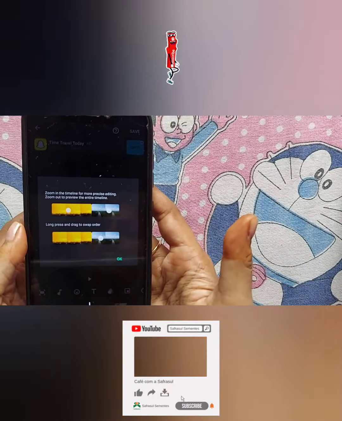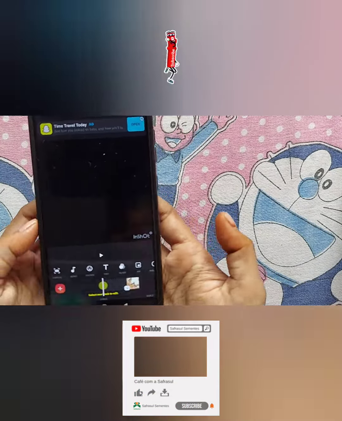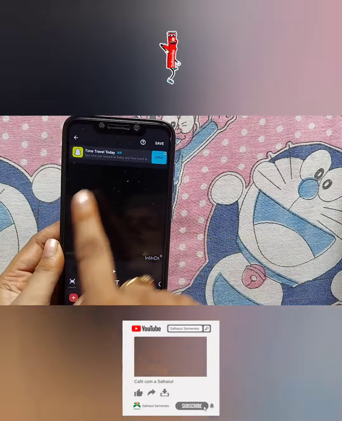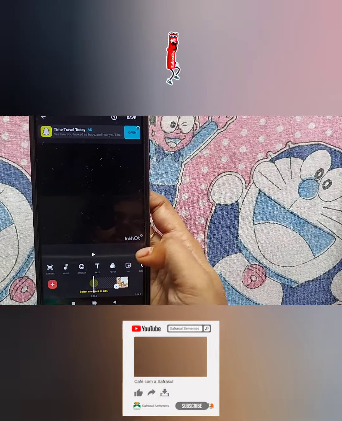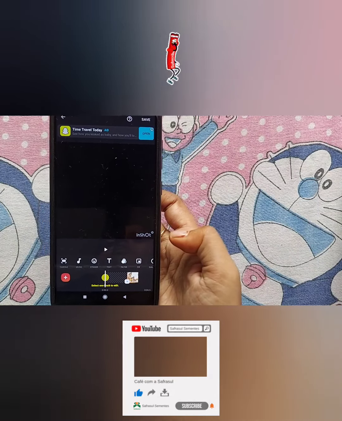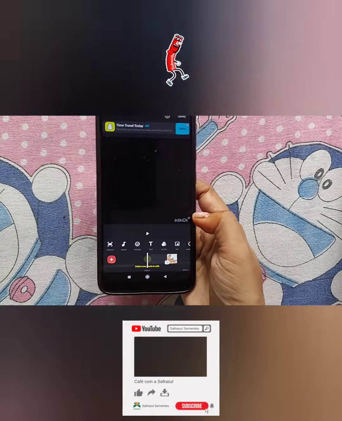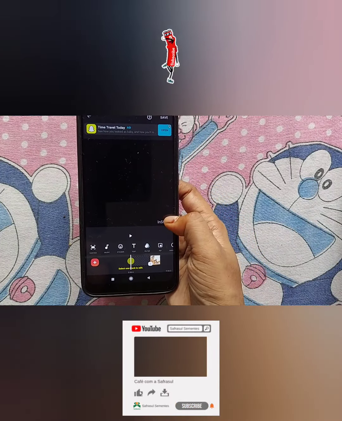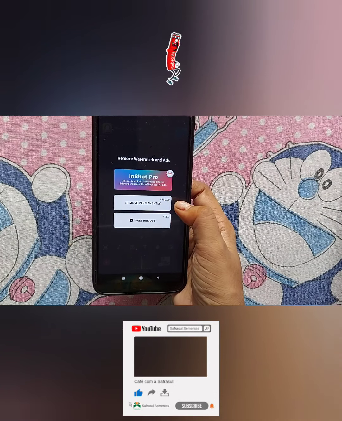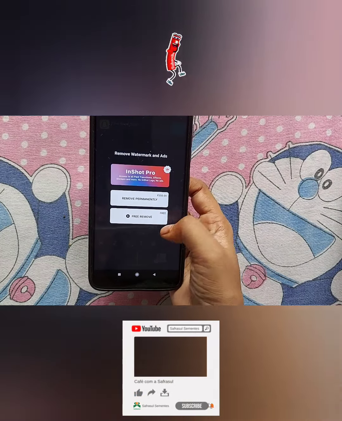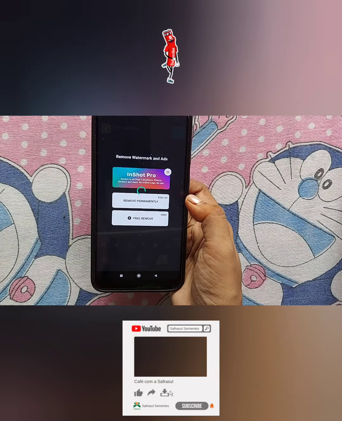There is a next option and then you say OK. So the screen will look like this. Now you can see the watermark here, the Inshot mark. If you have the pro version, the Inshot mark won't be there. You can remove it permanently, and for that you need to pay 350 rupees, or if you want to remove it for free, then you click on the remove option